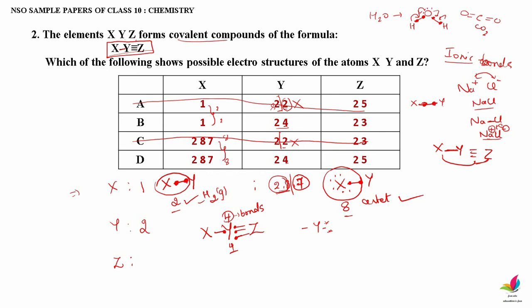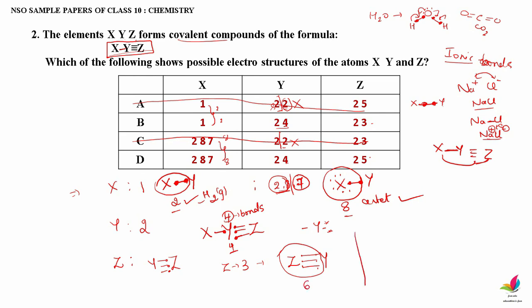Now, Z is connected only to Y with the help of 3 bonds. It means Z should have a minimum of 3 electrons in the outer shell. Obviously, in both cases you have the required amount of electrons, that is 3 and 5. So we'll see one by one. Suppose Z has 3 electrons, then what happens? Z will have 3 electrons, so it should combine with 3 more electrons of Y, forming a triple bond. So after forming the triple bond, the total number of electrons will become 1, 2, 3, 4, 5, 6.